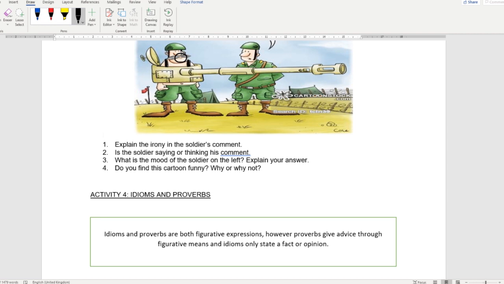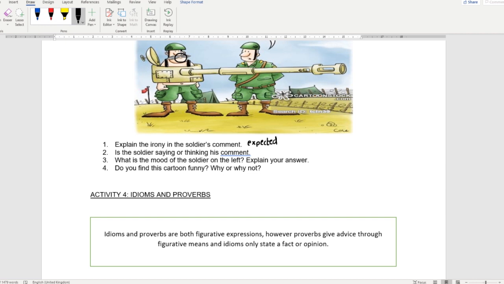Let's get on to 1. Explain the irony in the soldier's comment. Here again, the word expected is something I would like you to use very often when we talk about irony. Expected. So, what is expected is that the general would have a tank top on, if the question was asked. But in this case, what actually happened is that an actual tank's top, the turret area of the tank, is on the general's shoulders. So you expected one thing, but something else happened. If this is in your explanation of question 1, your answer will be correct.